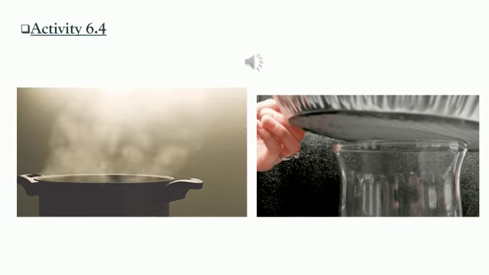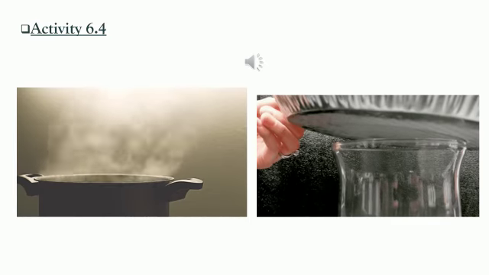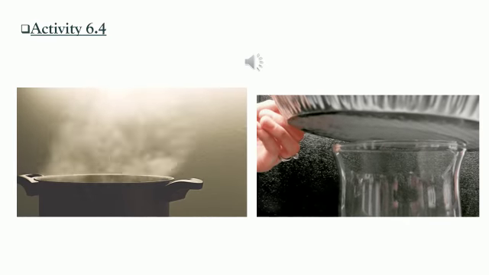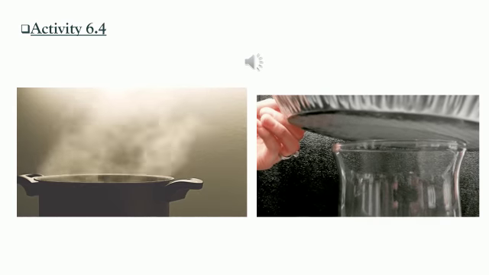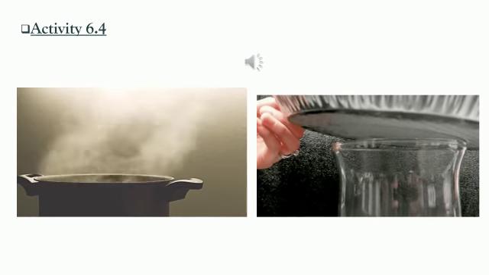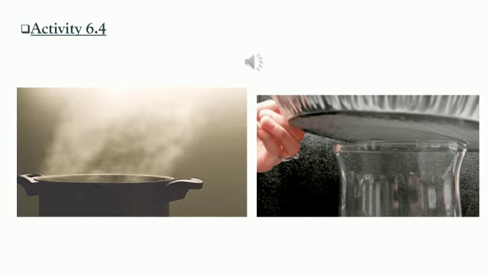Like in the second small video clip you can see, first they are boiling the water and you can see steam is rising from it. Next what they do, they take a pan or a plate and they close it on the container. Okay, so now what happens to the steam? It will condense and form water droplets on the pan or plate. Okay, so do you see any droplet of water there? Yes, of course we see droplets, right? So keep these activities in mind.